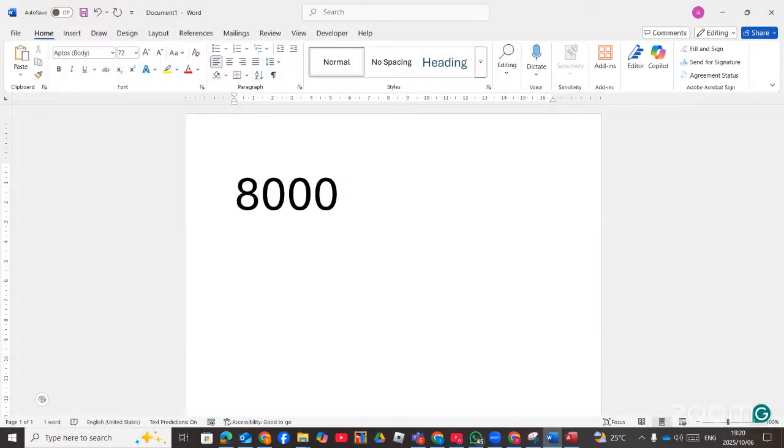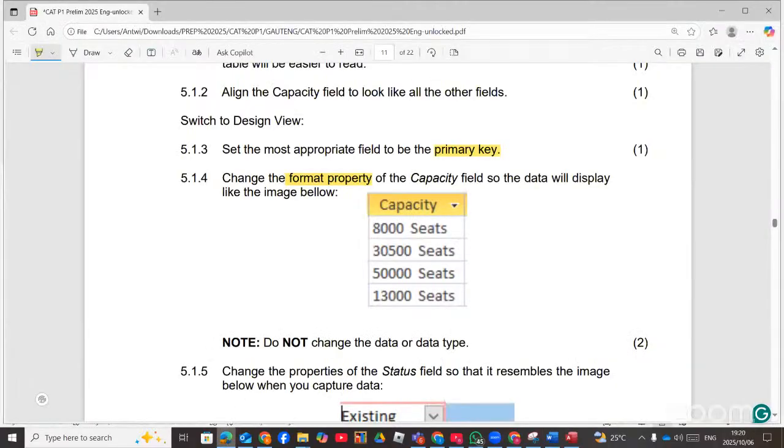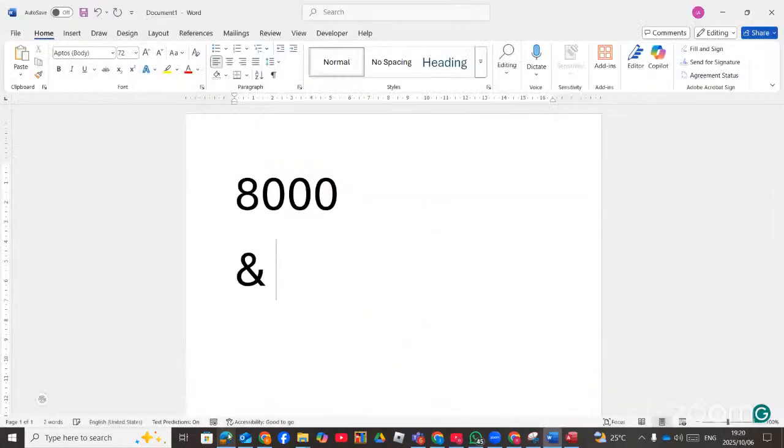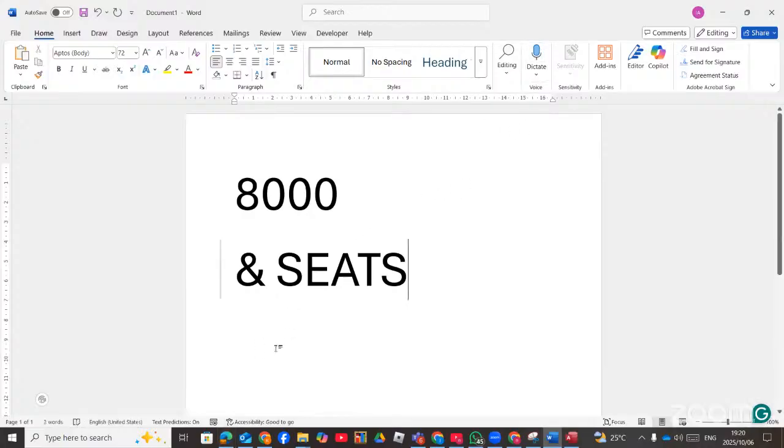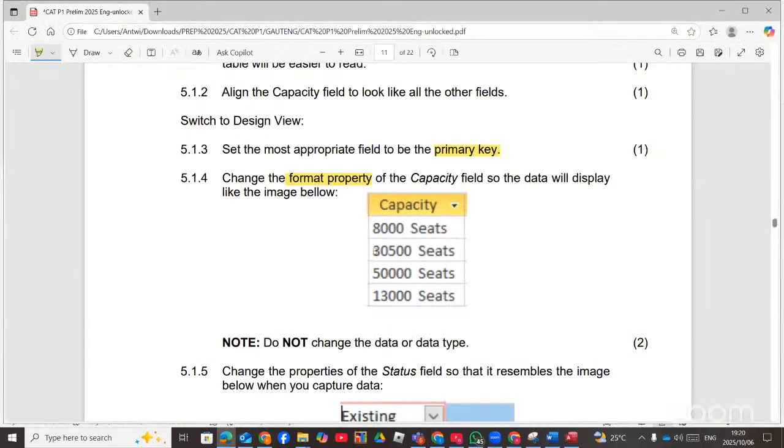So you say "and". And then here, after the 8,000, there's a space. So "and", then space, seats. That means you are adding seats to those numbers, and that is why they say don't change the property. That's how you do this type of question. You can get questions like that. Maybe if they are,